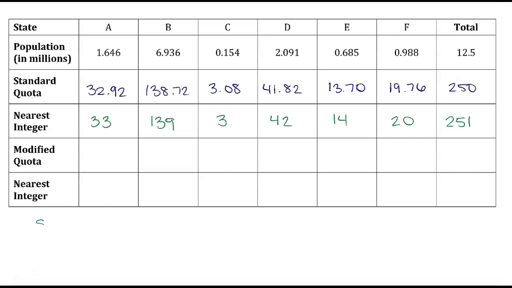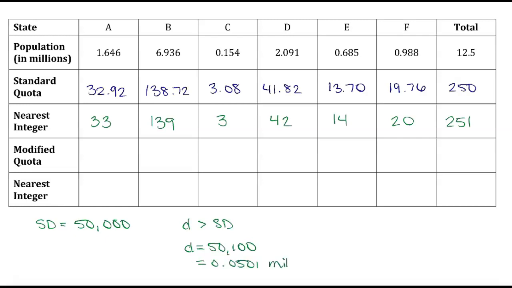Our standard divisor is 50,000, and it gave us just barely too many seats by conventional rounding. If we want to bring the total down, we need to bring our divisor up. That is, we want to choose a modified divisor that's greater than our standard divisor by just enough to bring this down by one seat. Since we only need to come down a little bit, let's try a modified divisor of 50,100. Written in millions, this would be